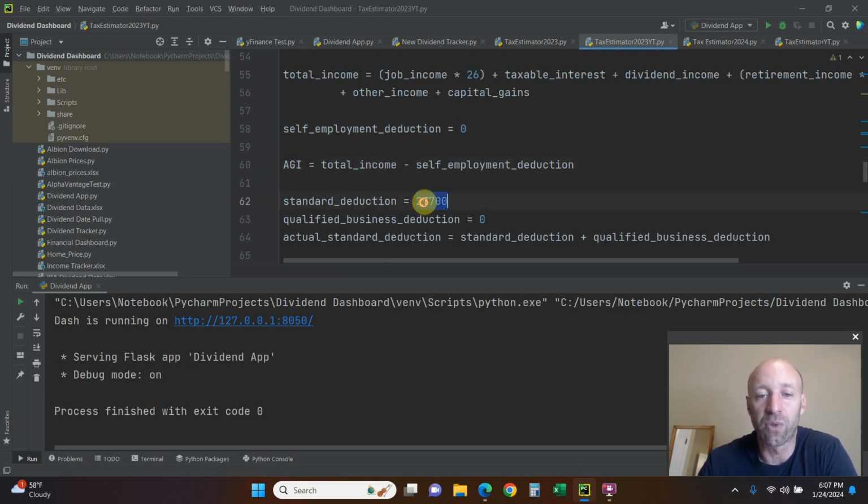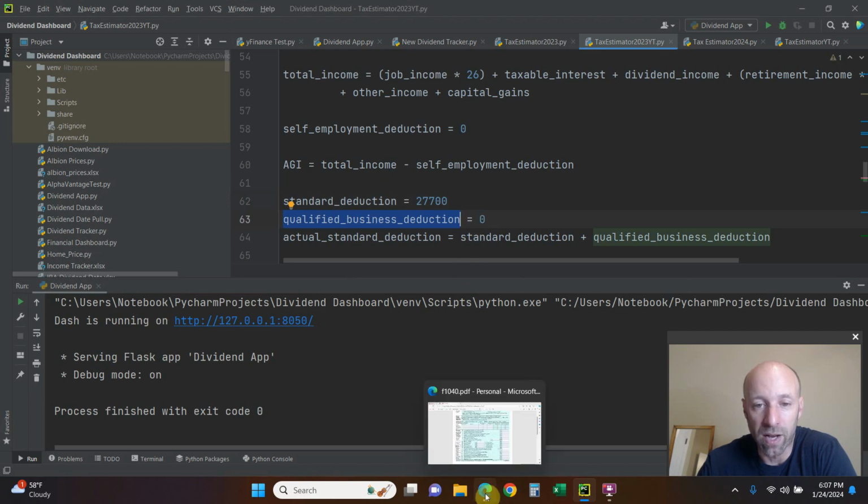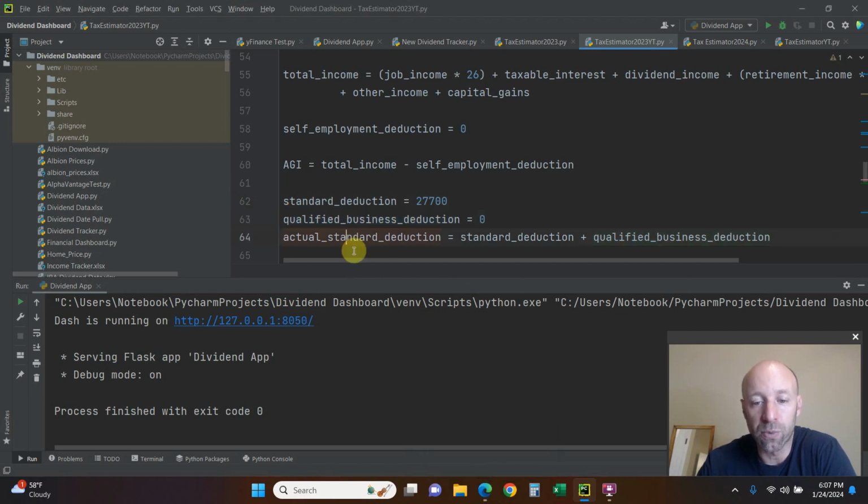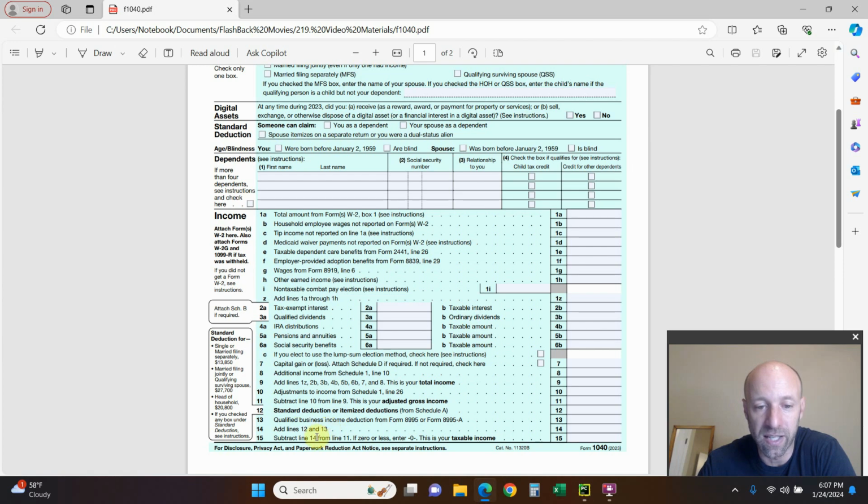Now in 2023, the standard deduction for married filing jointly was $27,700. And then also if you have qualifying businesses, you'll get a deduction of that as well. So your actual standard deduction, which you'll see here, is the standard deduction, or if you itemize, which is outside the scope of this